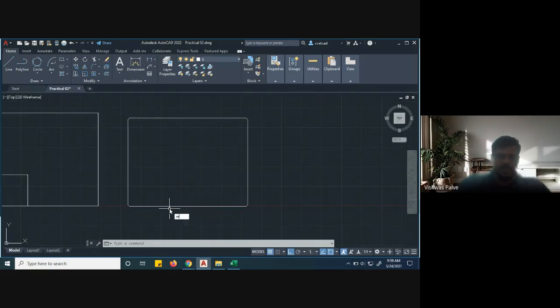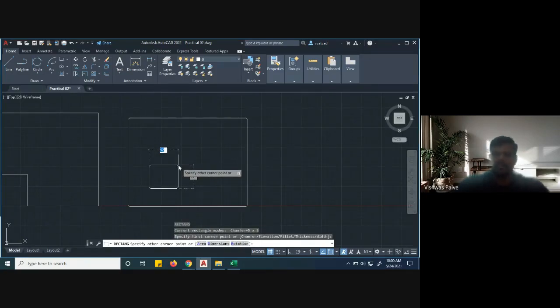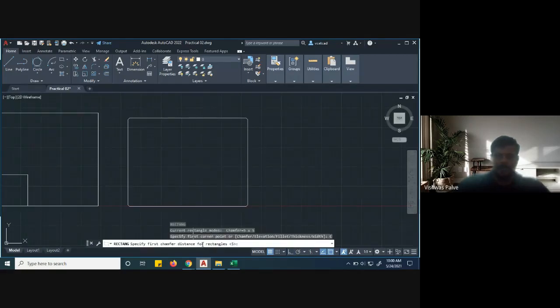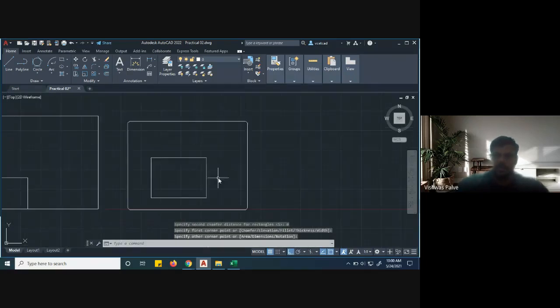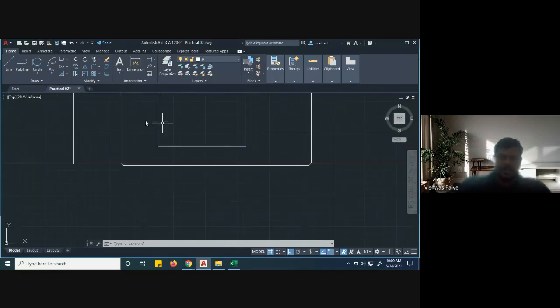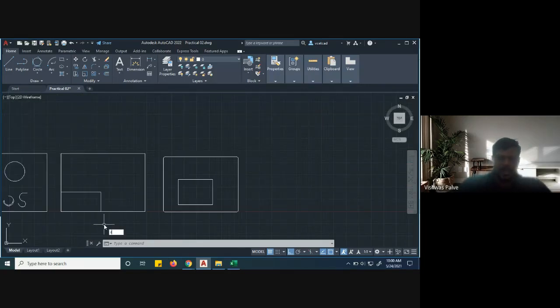Now again REC enter. Right now, if I try to draw a rectangle, it will have a chamfer there. So I have to remove that, right? REC enter, so I'll say chamfer, and distance should be 0, tab 0 enter, 0 enter. Then only, when I draw again, you will get a corner point. So if you are using a chamfer feature, then again make it 0. Then only in the next feature you will get a normal rectangle. Okay, the next REC enter. Next is the elevation. So leave that elevation. We are not interested in that elevation feature.